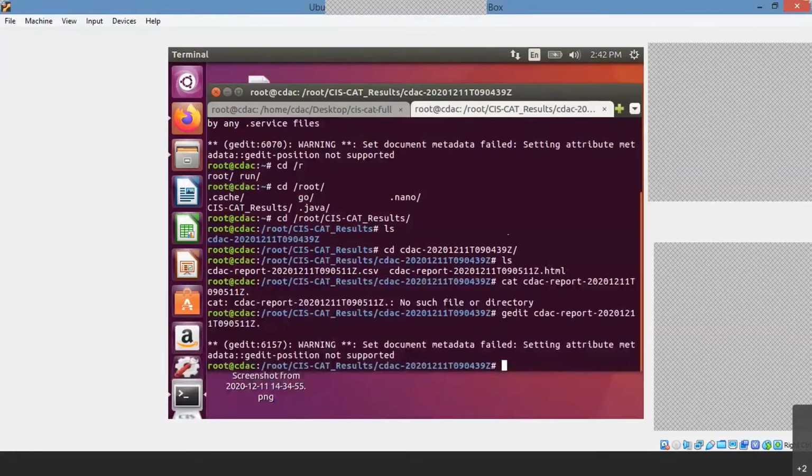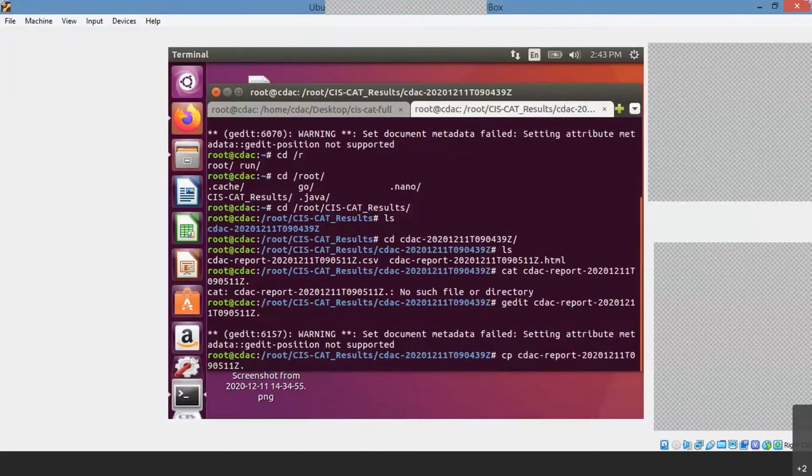Okay, so this is the, I think you have to copy. Copy CDAC slash.